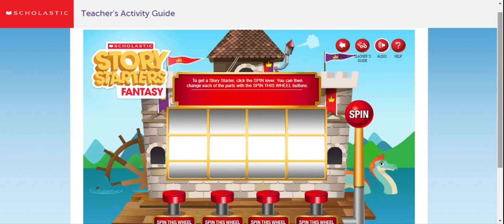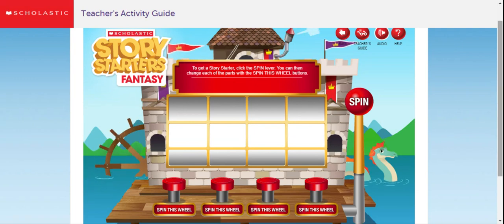when you click on the next page, it will give you a page for you to write if you want to type, but I prefer to write mine out on a piece of paper because that's just the way that I think better. Whatever way works with you is perfectly okay. I'm going to spin.